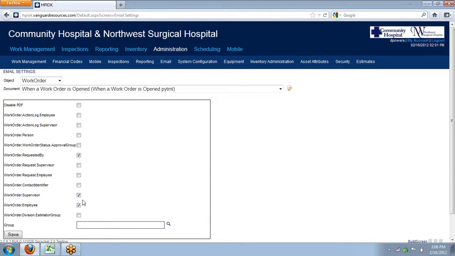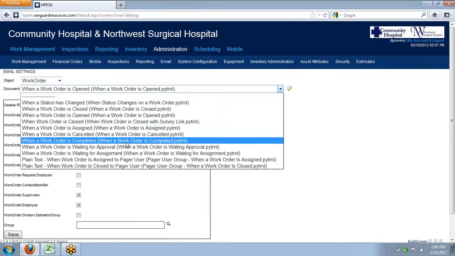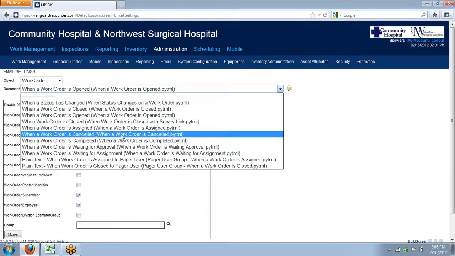So if you have 30 guys working for you, every time that they get a work order assigned to them or created a work order for that employee, it's going to email their supervisor. So it can get a bit overwhelming. But that is really it. All you have to do is look through here and see which work orders or which emails you want to